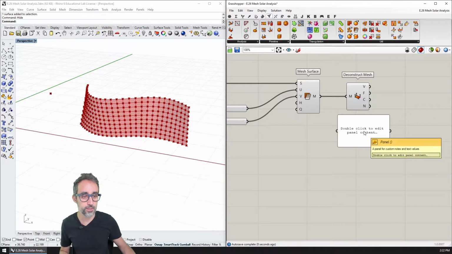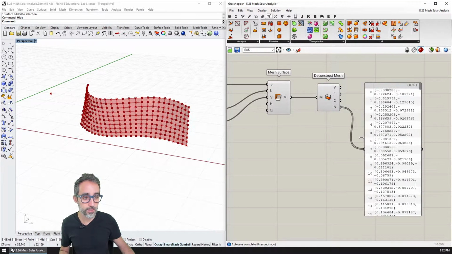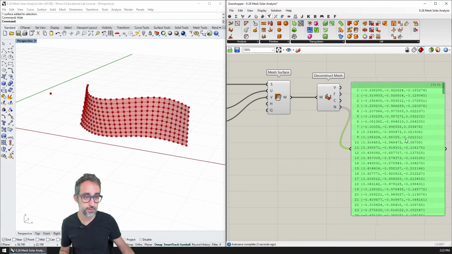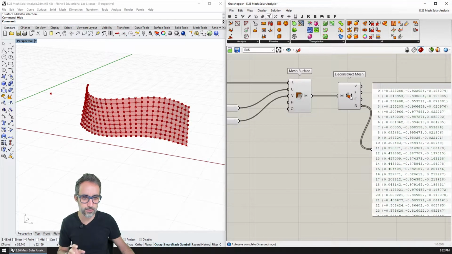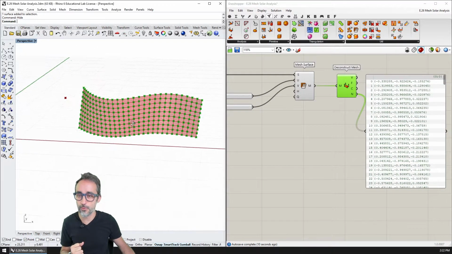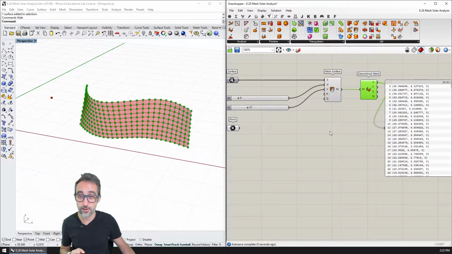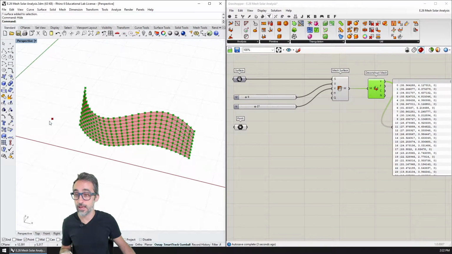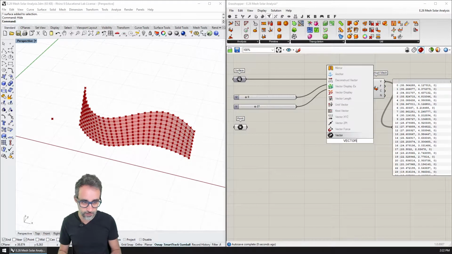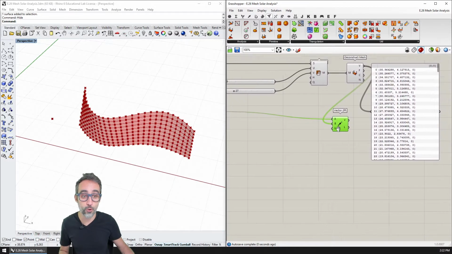And I'm going to start putting in a panel here so that I can start taking a look at what is coming out of my components. Having panels always to check things out is extremely useful for development. So we're going to do that, and then the next thing I'm going to do is, I have all the vertices here, so I can now calculate the vectors that go from the sun to each one of these vertices. So that's going to be a vector between 2 points, the first one being the sun, the virtual sun, and the second one, all the vertices.